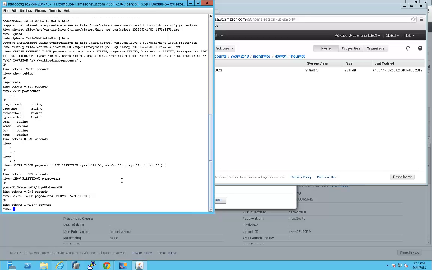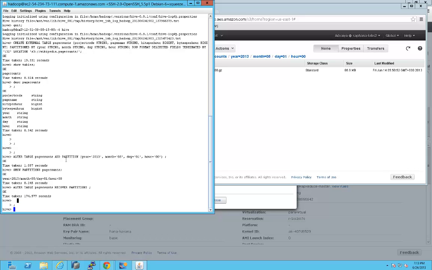Okay, we're back from the recover partitions command, so it took a little longer than the minute. But what this does now is essentially, although the data is not actually loaded into the Hive table, it's now available for processing. Now what we can do is use a command called show partitions against the table to see all the different partitions that it did create. And so if I go in here and do a paste,